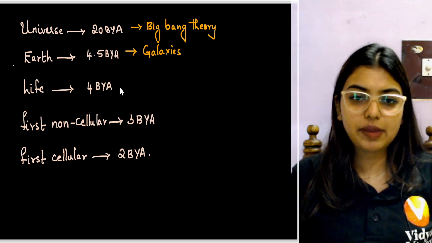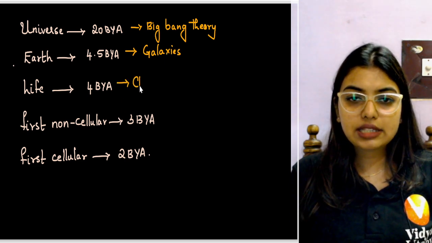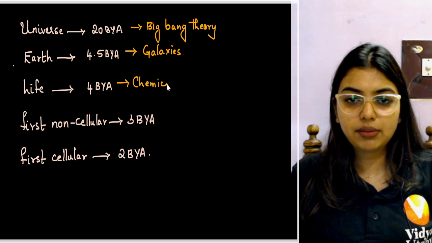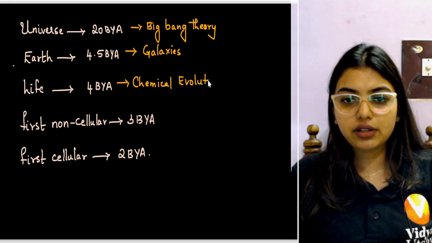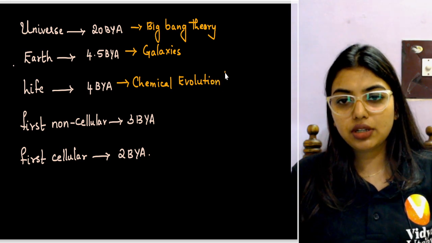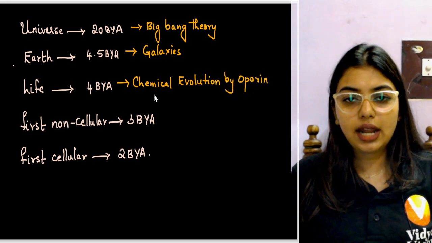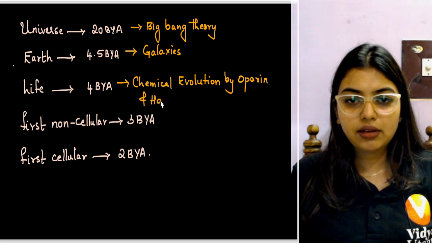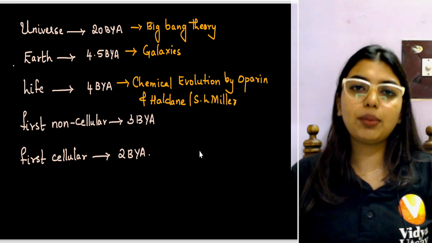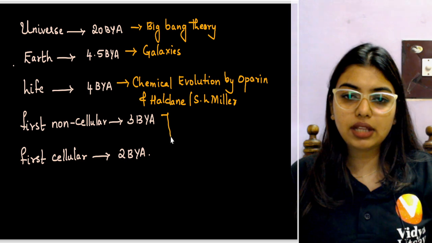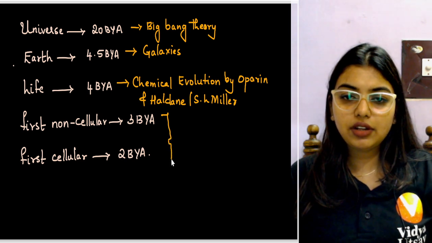For life, the most accepted one is chemical evolution by Oparin and Haldane, which was proven by S.L. Miller. Then these two are obviously not required, but just remember that these are believed